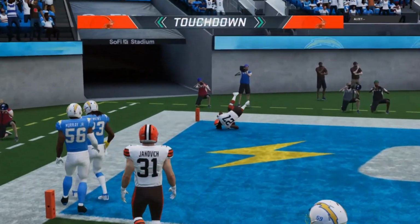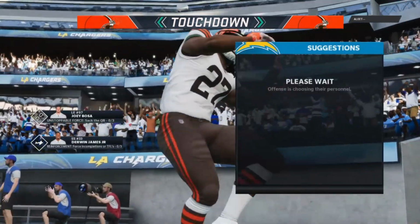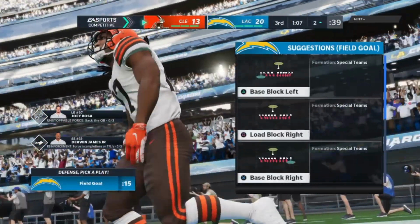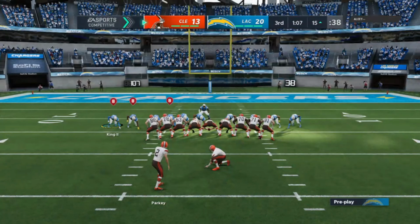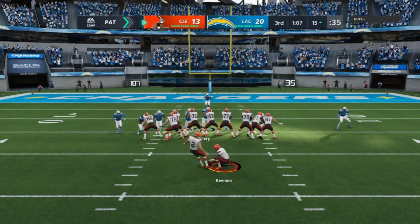And all the way in. Touchdown, Cleveland. Touchdown, Kareem Hunt, 39 yards. And the Browns are back within a score. That's a score you felt they had to have here in the...